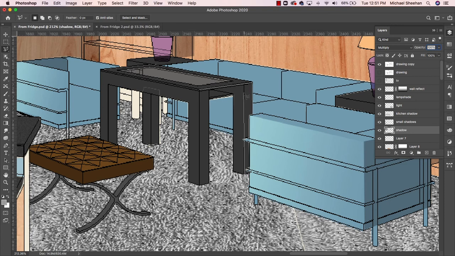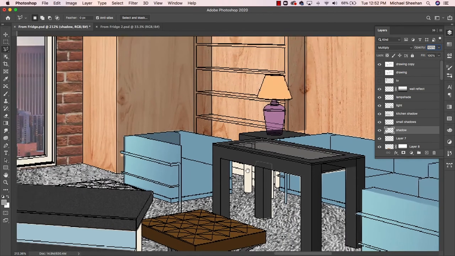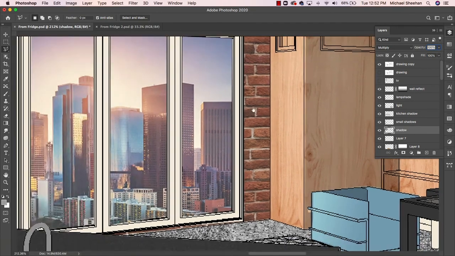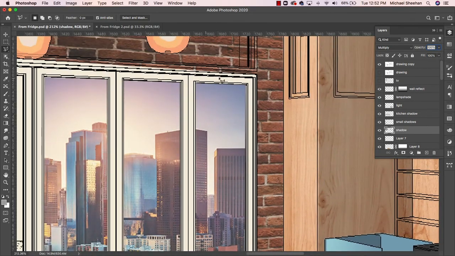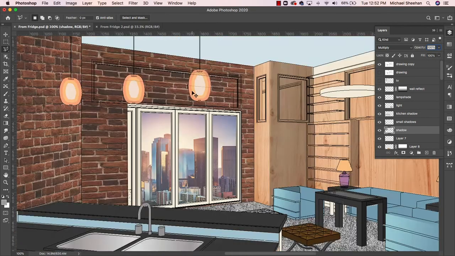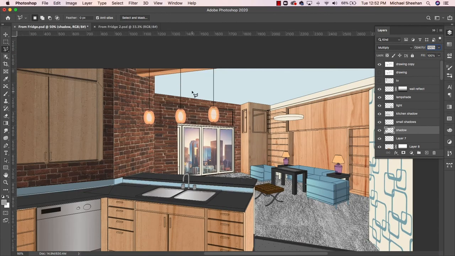Now, you don't have to select it this way. You could use your brush. You could paint it out with a brush or whatever. And I just went through the room and I just did that everywhere. This white part of this probably needs something, but I'm not going to worry about it right now. Okay, so the other thing I did